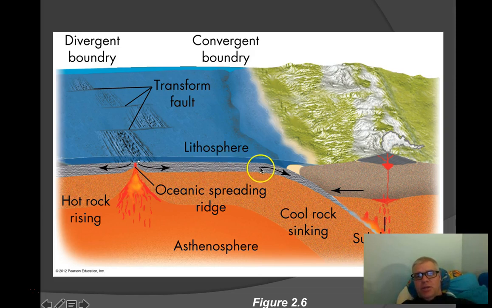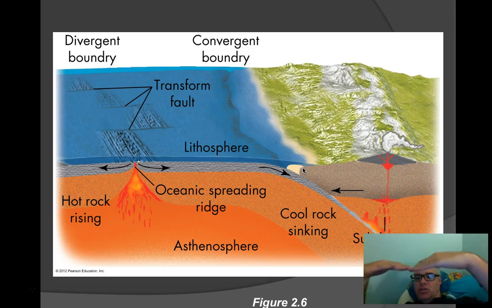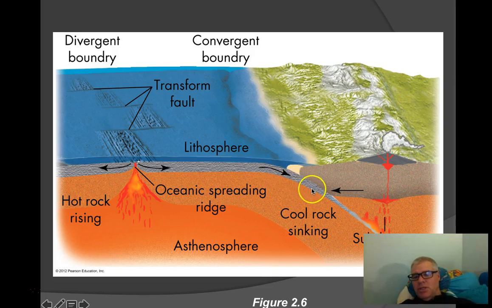And then where this plate here, let's just say for argument's sake, this is the Pacific plate and this is the North American plate, and we're looking at, say, the area around Oregon and Washington. It's a little complicated there. There's another small plate called the Juan de Fuca, but for our purposes here, we'll pretend that these are two major plates coming together here. What happens is that as they bump into each other, one of the plates is denser than the other. And so one of them starts to dive underneath the other one like this. So this plate is moving this way, this plate's moving that way, and this one dives under.